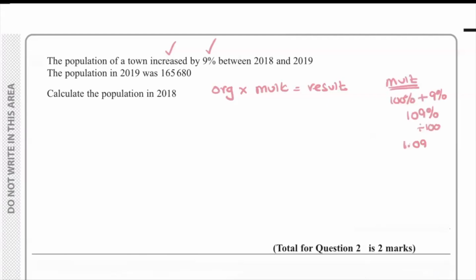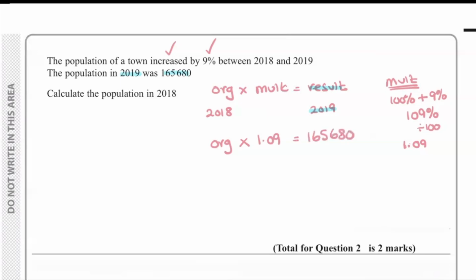The story's telling us that the population of a town increased between 2018 and 2019. So the original population was in 2018. It was then increased, and we have the population in 2019. The population we've been given links to 2019, so it's actually the result, not the original. So what I've got is my original, my 2018, that got multiplied by 1.09 to give the new population of